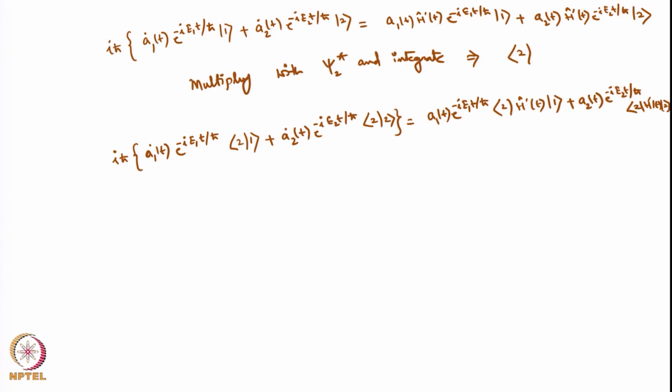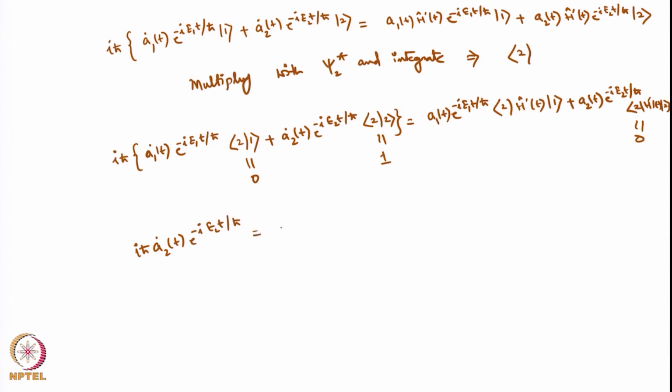Okay. Now we use the same analogy as last time. So the 2 1 overlap integral will go to 0, and 2 2 will be 1. This integral we do not know, we have to evaluate, but once again transitions from 2 to 2 will be equal to 0. So this will go to 0. After this we can rewrite this equation as i h bar A2 dot t e to the power of minus i E2 t by h bar